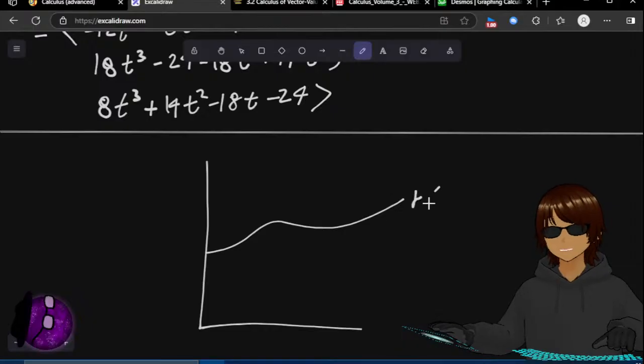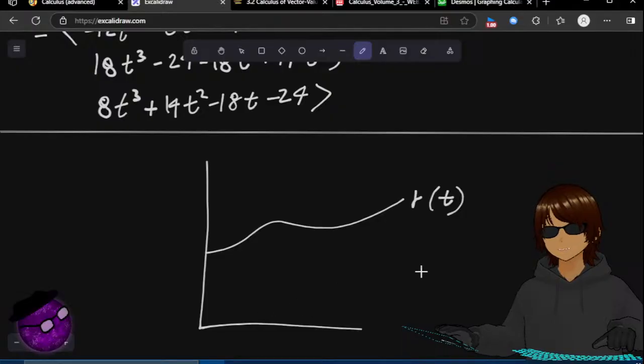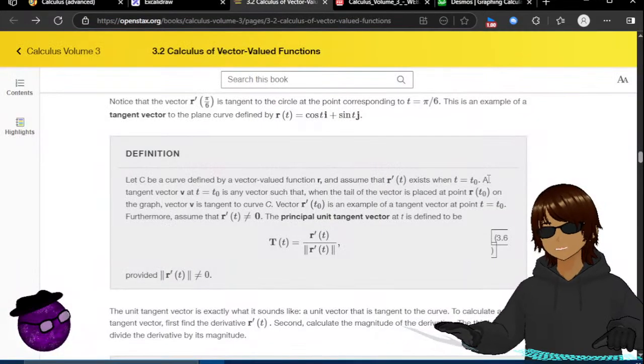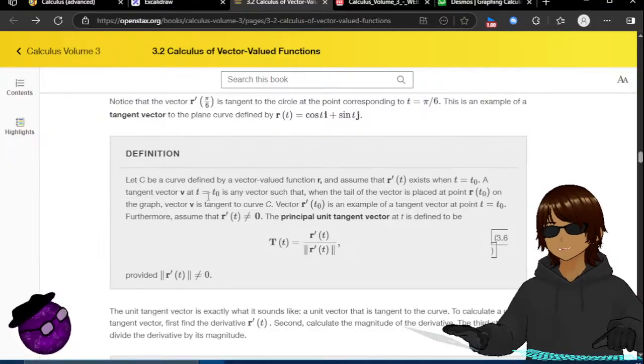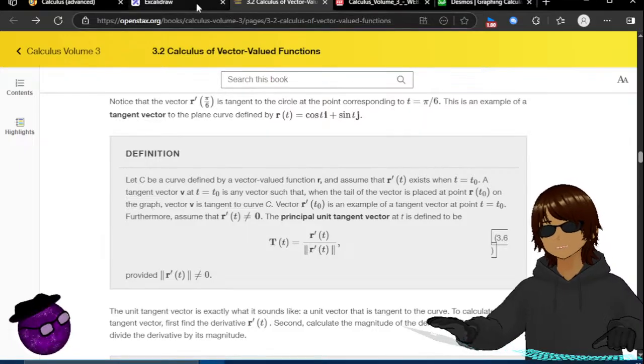We have r t defined by vectors I and j, so this is I, this is j. Defined by I and j, we have rt. We're assuming it's defined at t naught. A tangent vector is any vector such that when the tail of the vector is placed at rt naught,